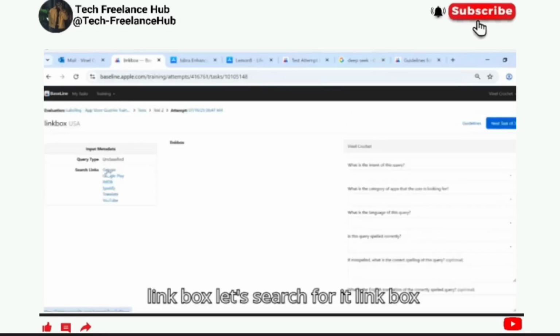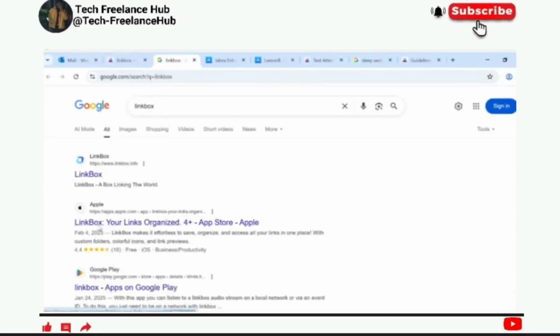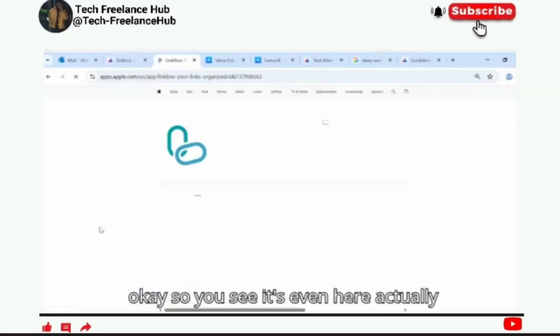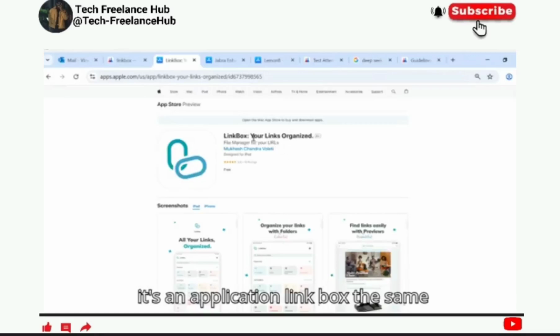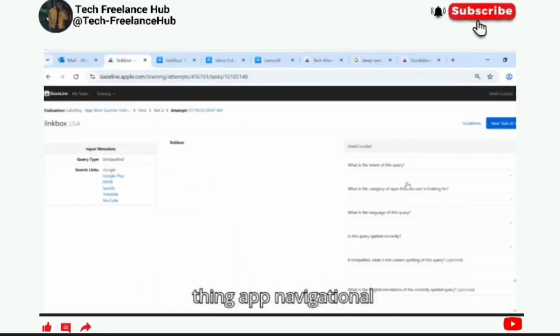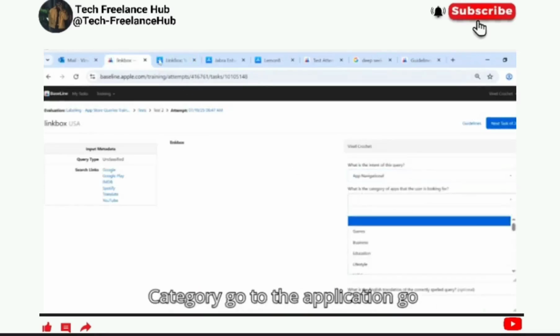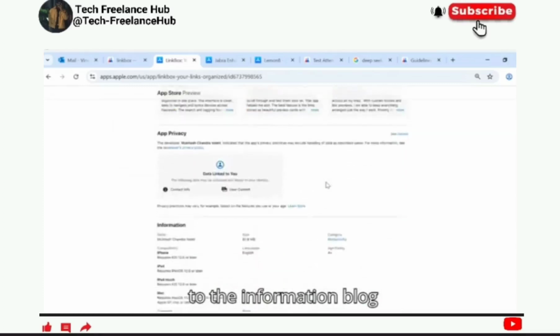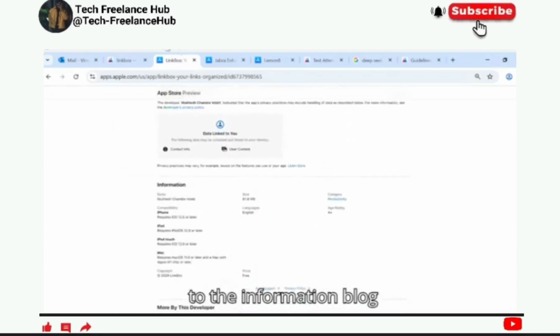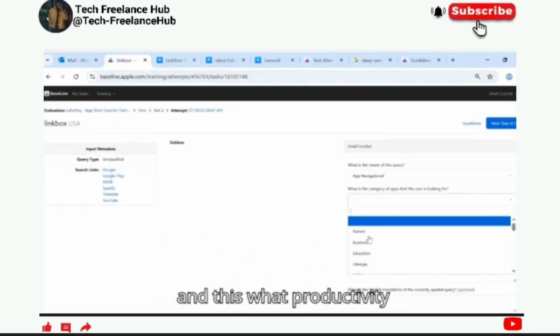link box. Let's search for it. Link box. Okay, so you see it's even here. So actually it's an application. Link box, the same thing. App navigational. Category, you go to the application, go to the information block, and it's what productivity